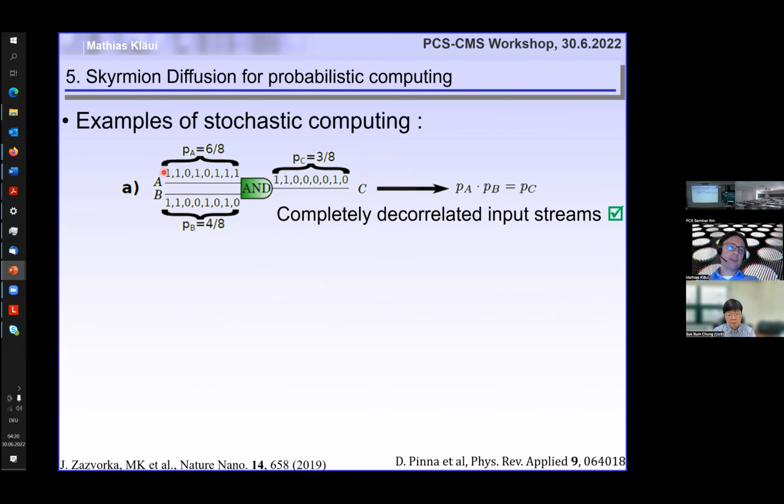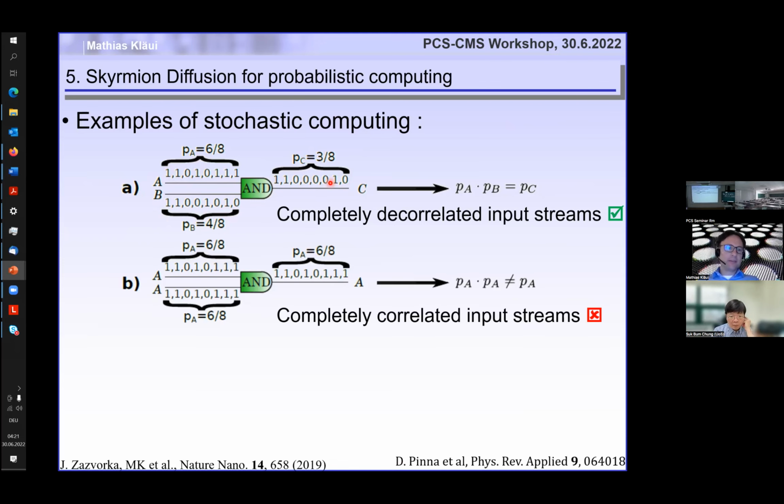Now, suppose we feed in the bit stream which corresponds to the value 6/8... exactly the correct result. Now, if we put in 2 bit streams which are completely correlated, then we see here